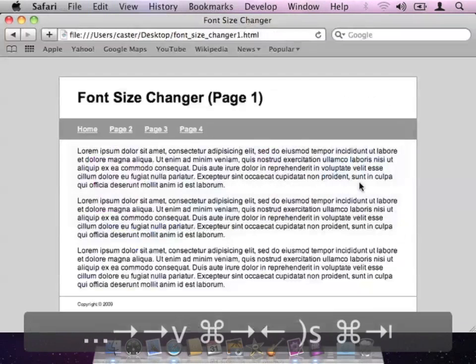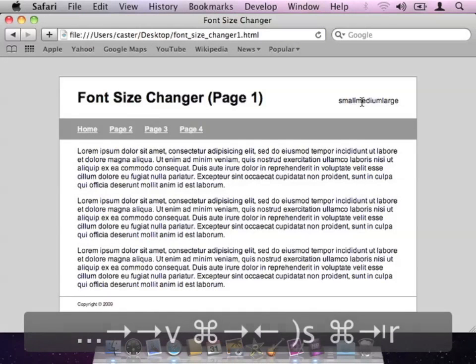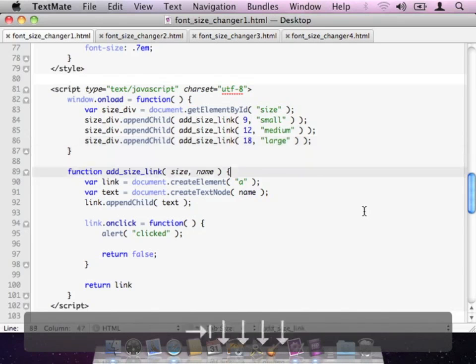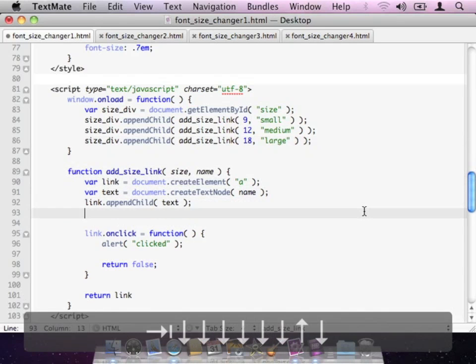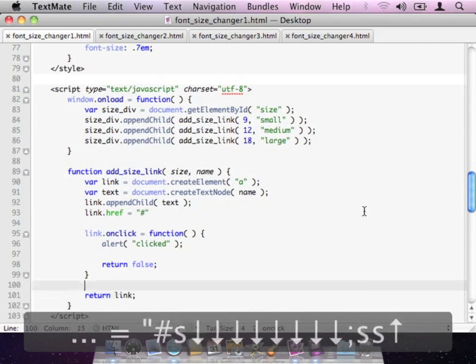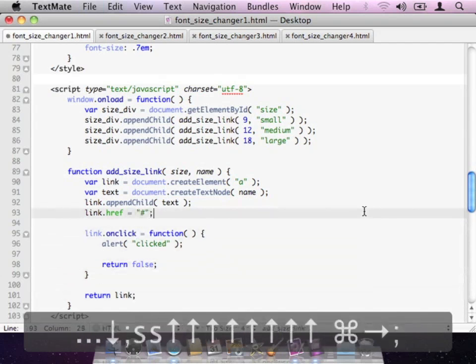So let me update my other two so that they do the same thing. There. Let's give that a try and see how that works. So there's my three links. They don't have an href attribute right now, so they're not actually showing up as links, just as regular text. So back down here in my addSizeLink function again, let me do link.href equals, and let's just set it to a pound. Since the on-click event returns false anyway, it's not actually going to go anywhere, but that